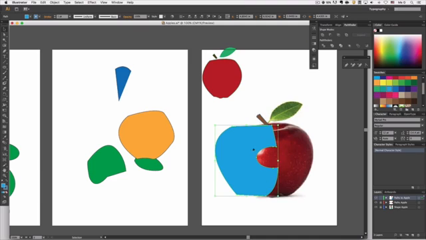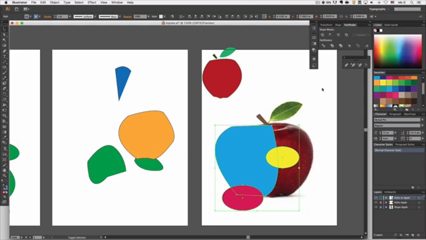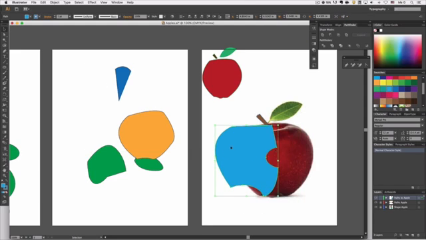Oh, so you can see that whatever is in the front gets subtracted from the backmost shape. So if I have another object, for example, let's make another object right here, and then very importantly, I'm selecting all these objects, and then I go like this, it subtracts it from that other object, right? And this one is the minus front,